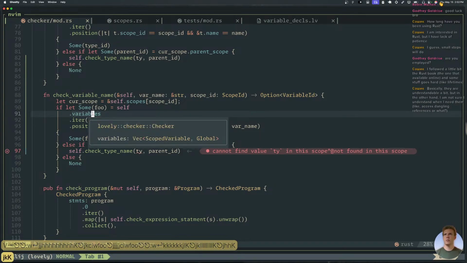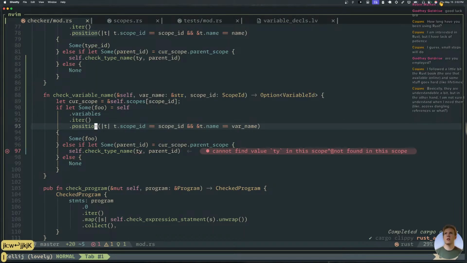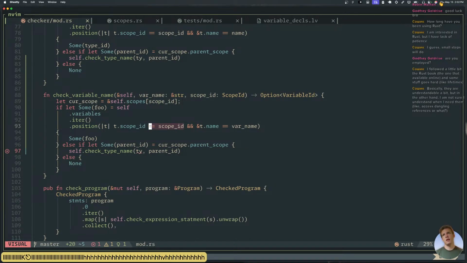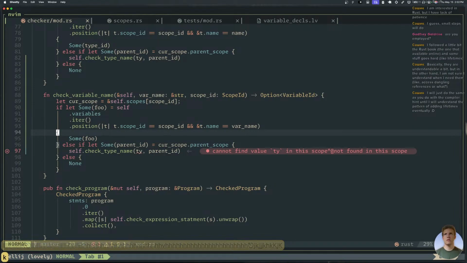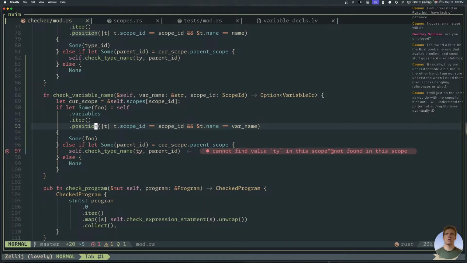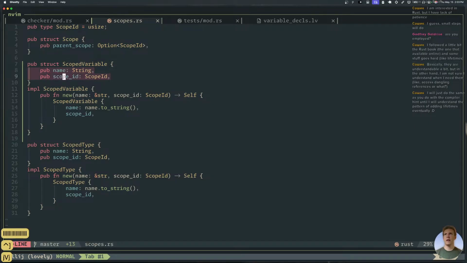This doesn't make any sense. Variables is a vec of scoped variables. A scoped variable has a couple things on it, right? And then I'm finding the one where you got the right name and the right scope ID. So this should be a scoped variable. No? Scoped variables have a name and a scope ID.